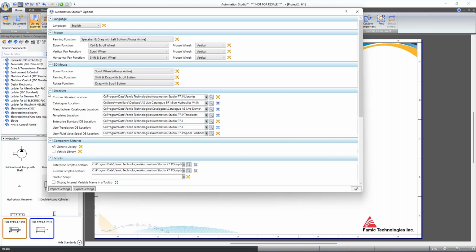What is important at this point is the locations where those templates are located, where you can find these shared catalogs if you work in a group of Automation Studio users. Basically, the default path will be a local path in the program data of the user that I am here. But you can browse and select a shared drive for those templates or enterprise standards and so on. Okay, so for this first point,